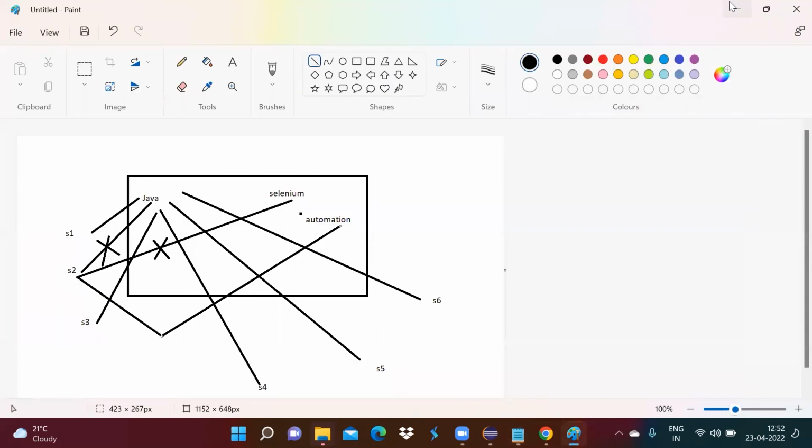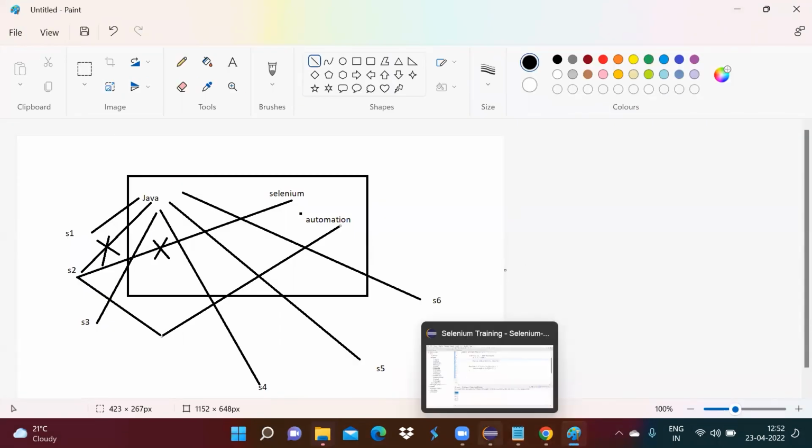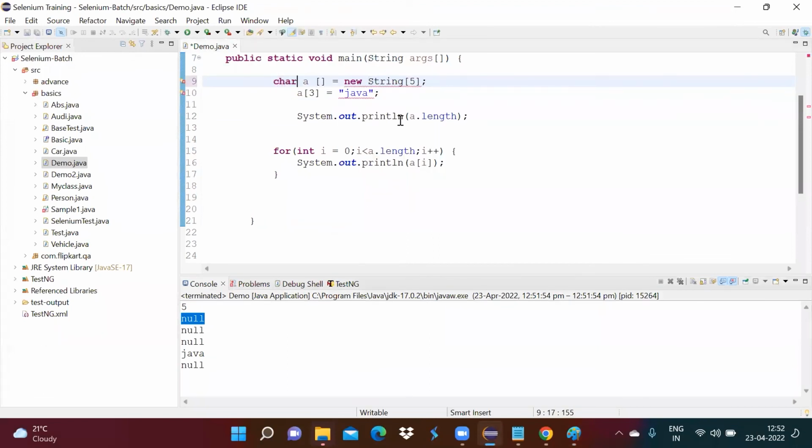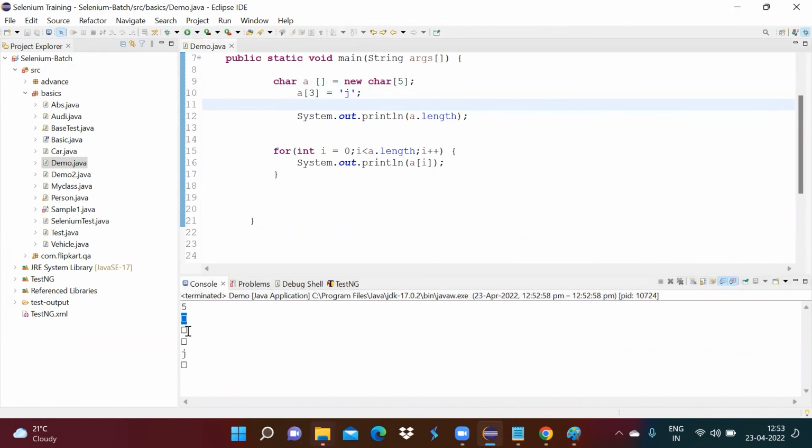In case of character array also it would be null only, because character also will not have anything to have. So let's say J, and then new char. Okay, it's not null, it is giving some garbage value. All right, so that is it about